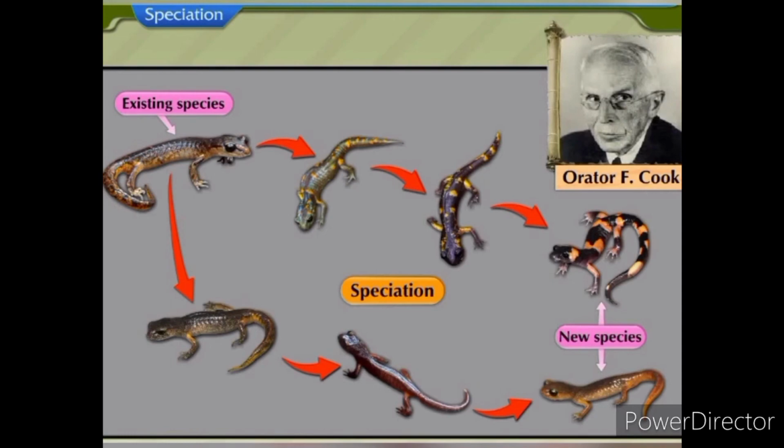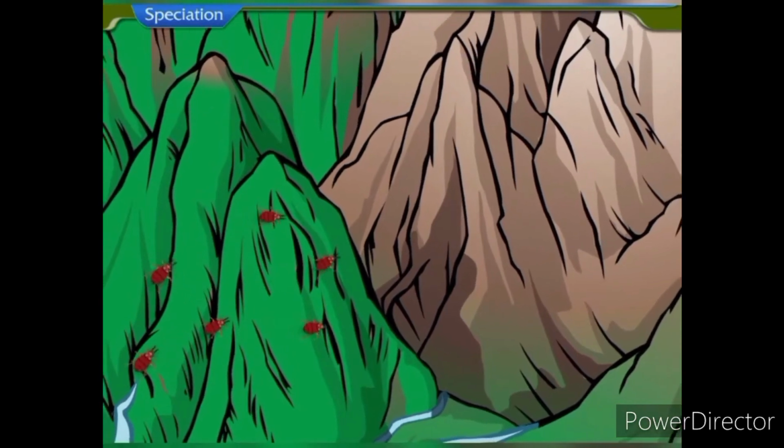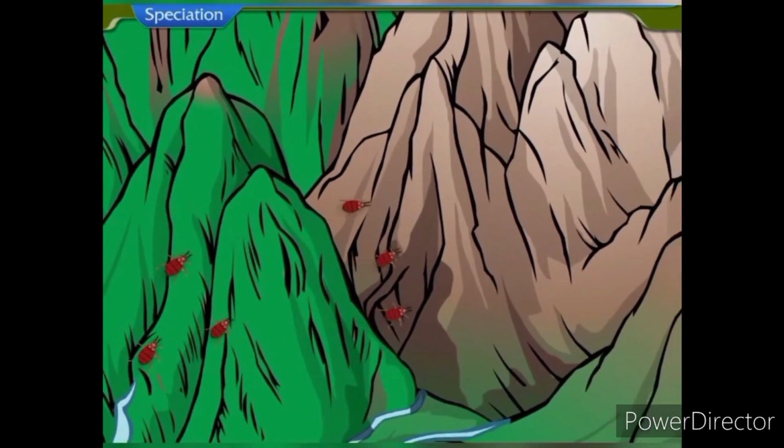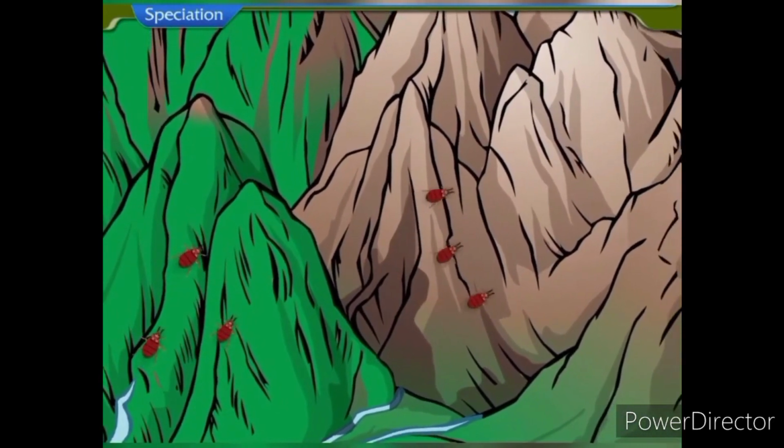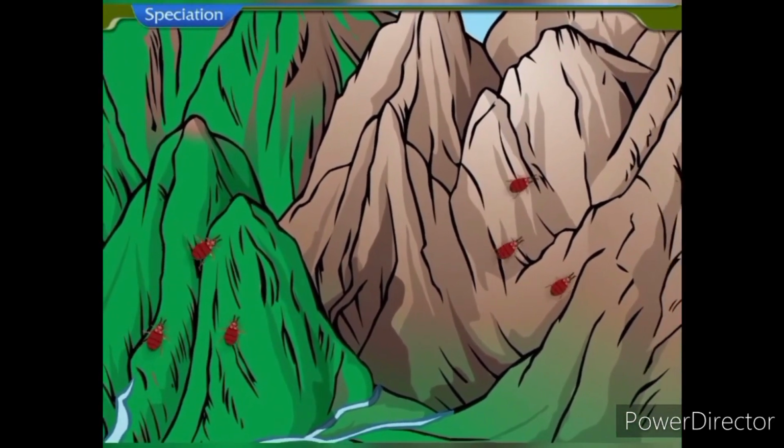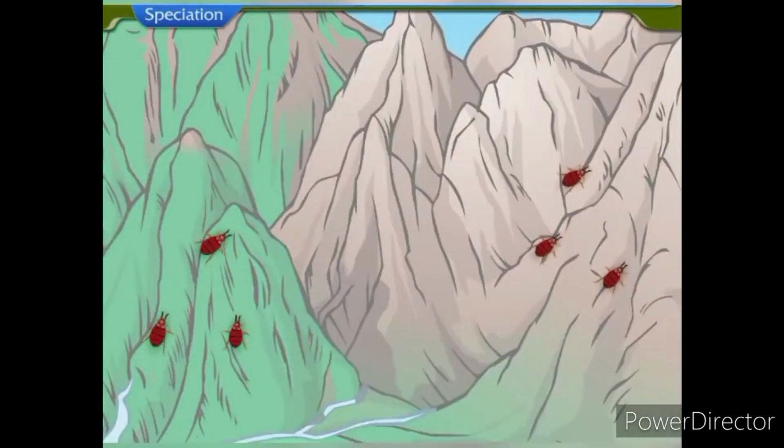Let us now proceed to understand how new species are formed from the existing species. Consider an example of a beetle population feeding on the green bushes spread across the mountain range. A few of these beetles would feed on the bushes in the nearby areas, while some adventurous beetle might travel far off. The population of beetles may get divided into two subpopulations due to